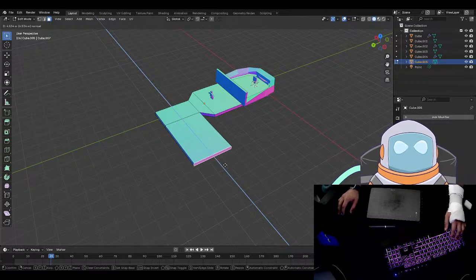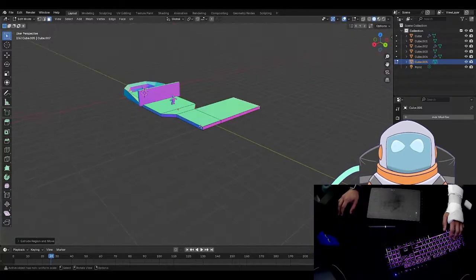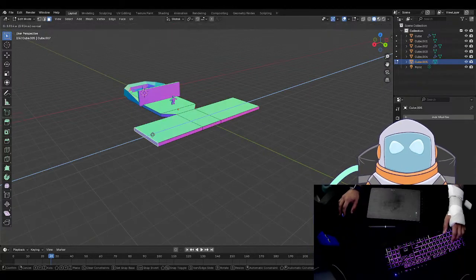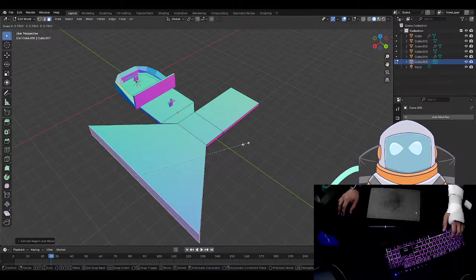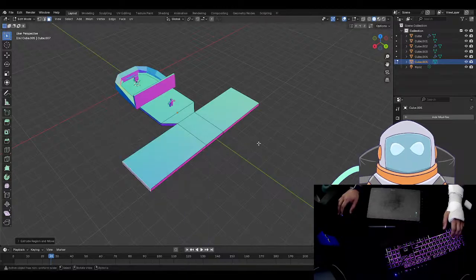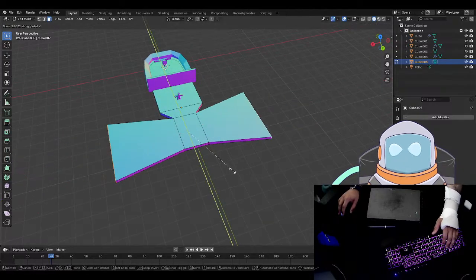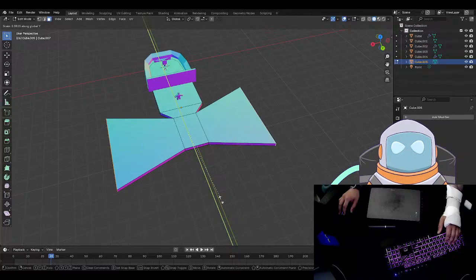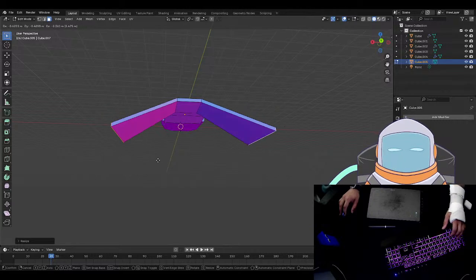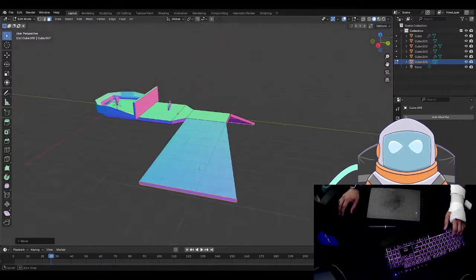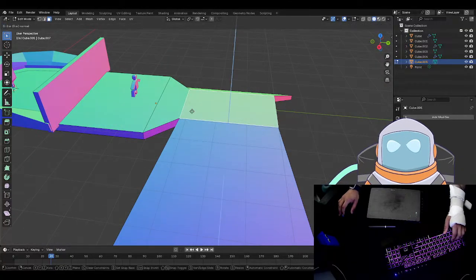Let's extrude over this direction as well. Over here. Extrude over here as well. So we have a floor plan. Let's make both sides a little bit bigger as well, right? So scale on Y, like so. And then we're gonna put a little bit down, like so. So this area over here is gonna probably be